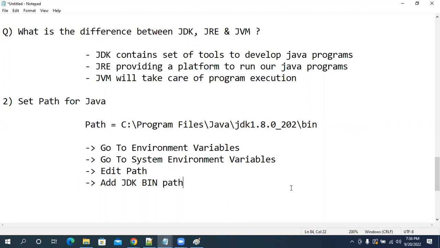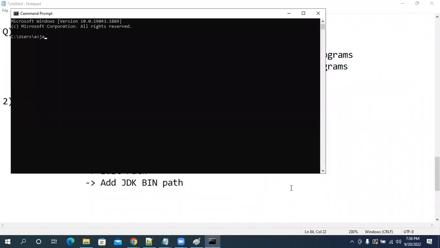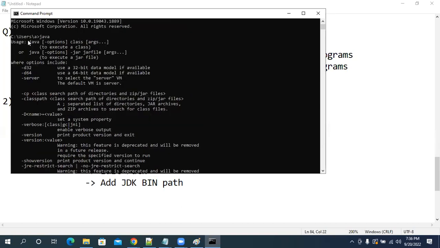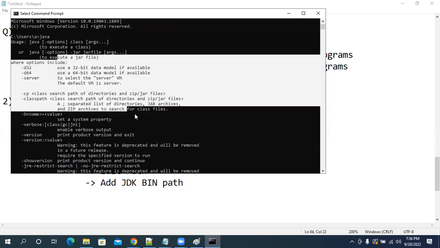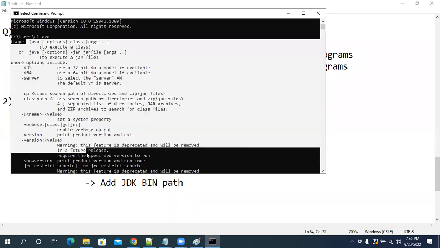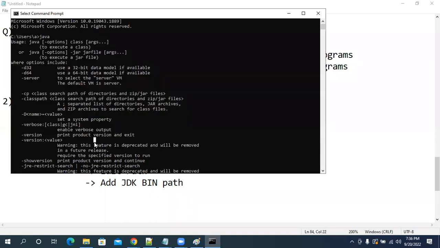Now, after setting the path, go to your command prompt and type java. Are you getting some options? When I type java, are you getting some options? If we are getting some options, that means my operating system is able to recognize where Java is and what Java is. Are you guys getting my point?